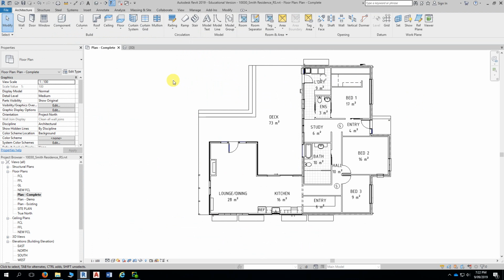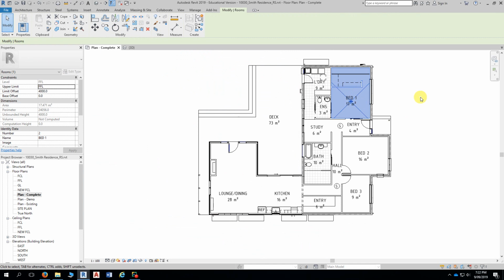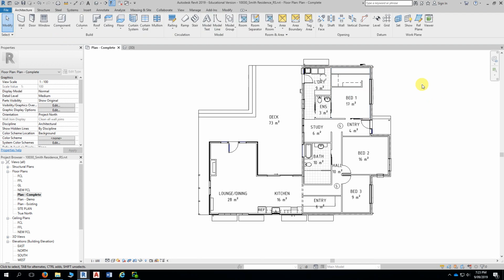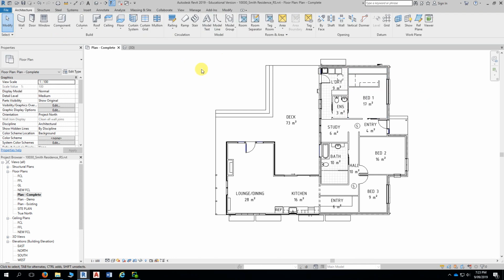Now, just with regard to rooms, even if you delete the tag, the room still exists in the project, okay? And it will give you a warning to that effect. What it might be useful to do, and this is not a requirement of the project, but if you're not sure, if you think you may have added a second room somewhere, and you do want to calculate the area within the floor plan accurately,